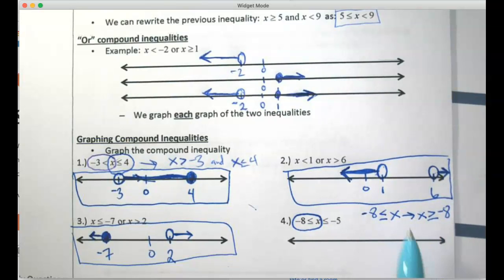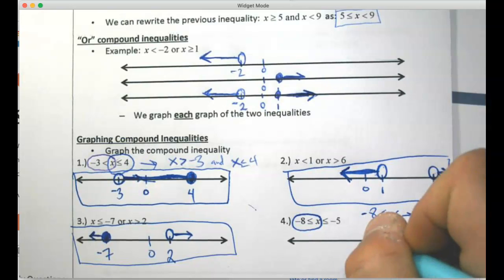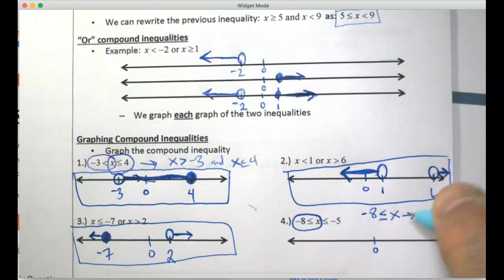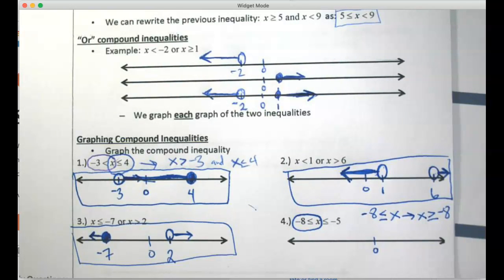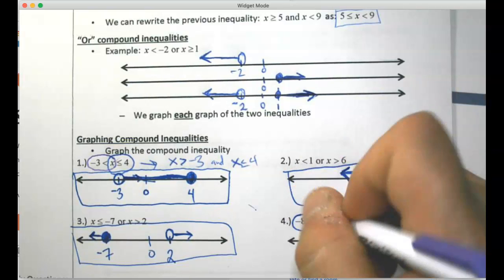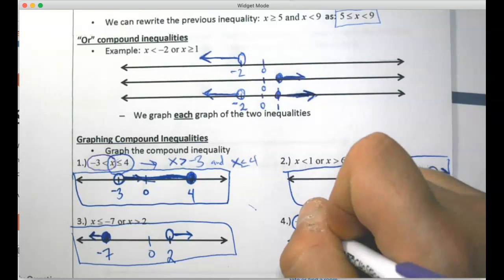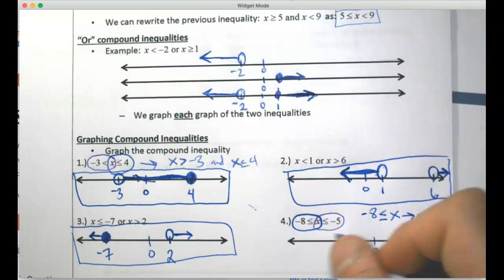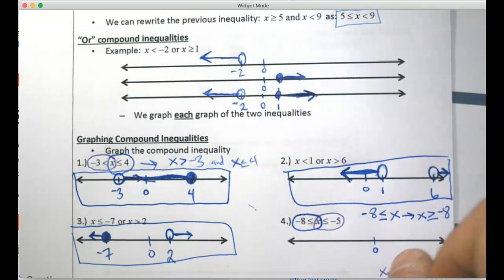So this one technically is saying x is greater than or equal to -8. I'll go ahead and put 0 in here. And then the other side of this compound inequality, the second inequality I can get from it, is x is less than or equal